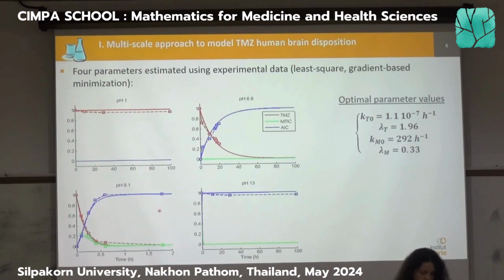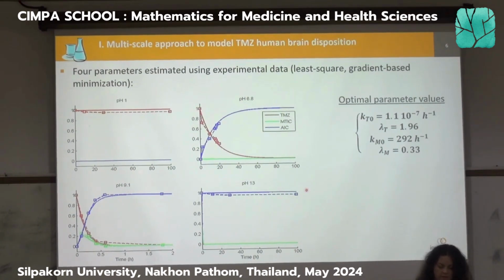If you increase the pH a bit more, you are in an intermediate situation where you can see all the reactions. You can see temozolomide going down, the first reaction occurring, then MTIC going up, the green curve, and then going down because MTIC is transformed into AIC, the blue curve. If you increase the pH a bit, you decrease the rate of the second reaction, and this is why you can see MTIC. And then if you increase the pH again, to 13, you cannot even see temozolomide because both reactions occur very rapidly, and the drug is activated almost instantaneously.